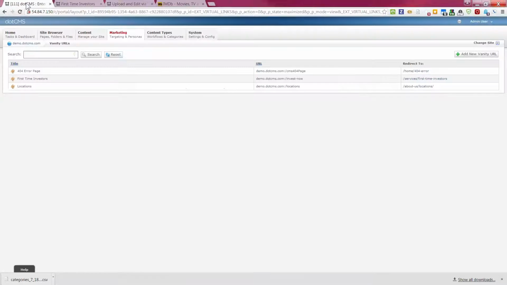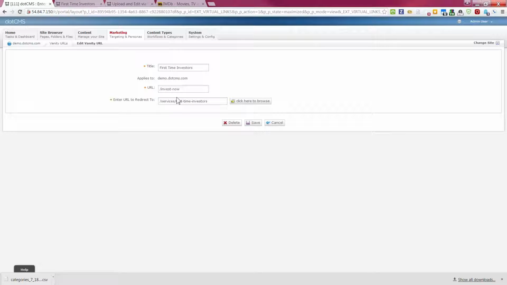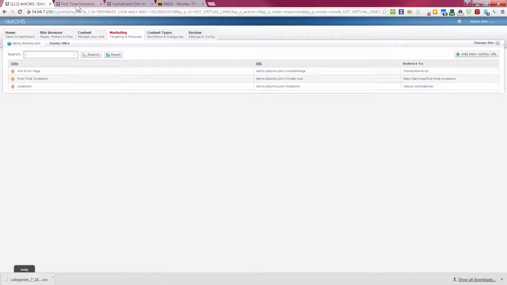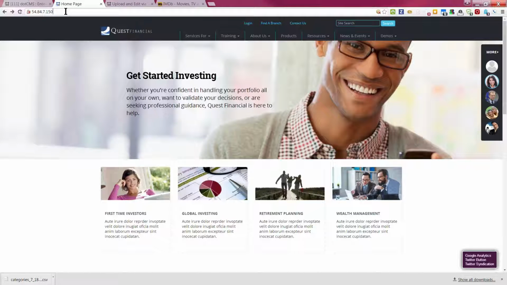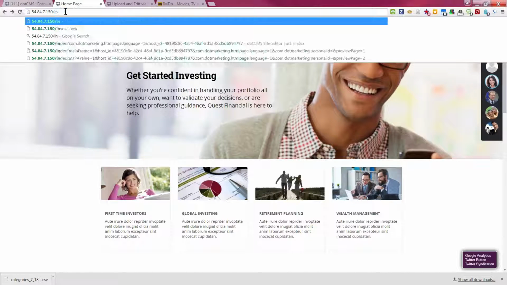Now, I'm going to go back and change this Vanity URL. So I'm going to go edit this again. And this time I'm going to change this. And I'm going to reference it using the full path. All right, so the exact same location, I'm going to reference it using the full path. So now if I go back and I type it in again,